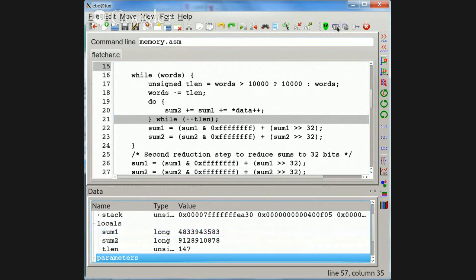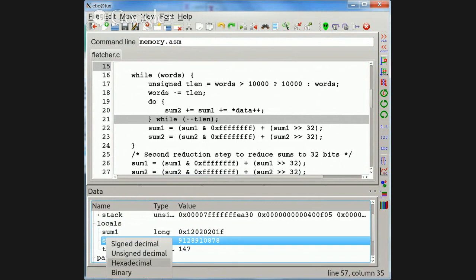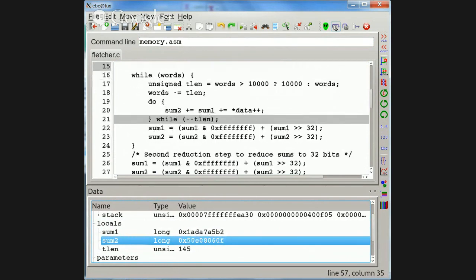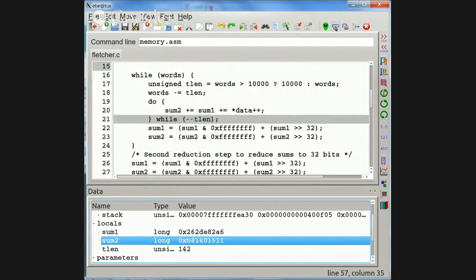And so at this point, they're pretty dramatically different.